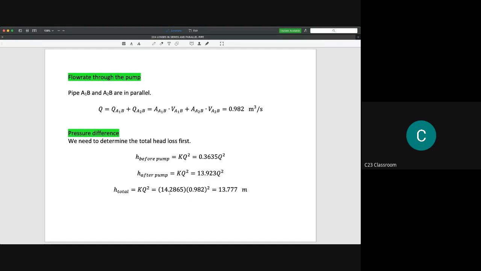And then we could get 14.2865 times the flow rate here, which is 0.982 squared, and then you will get 13.777 meters. Please bear in mind these numbers are actually the energy losses between the inlet